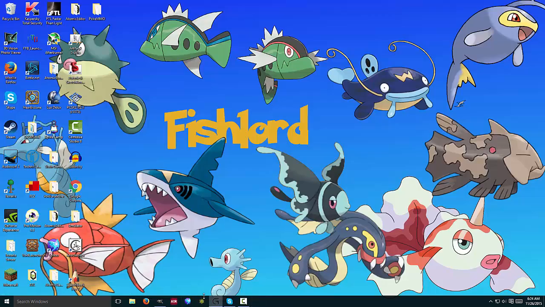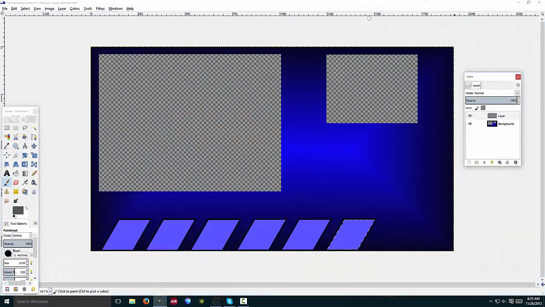So you will need a program called Gimp. I use Gimp because it's a free program. People donate to them, and then Gimp is able to give it to other people. So Gimp's a very useful program, and as you can see, this is the actual layout that I use for